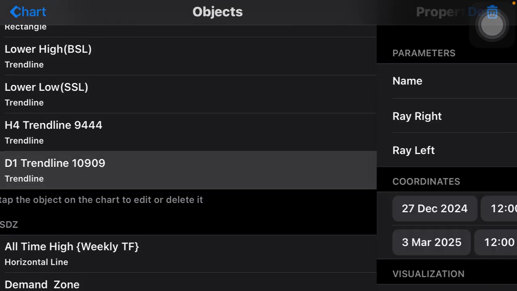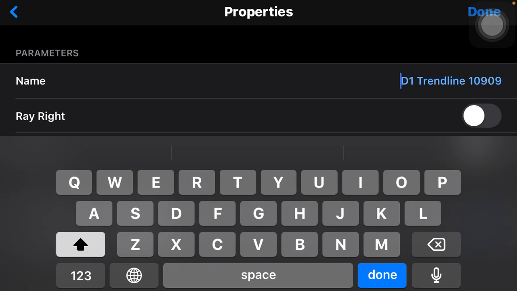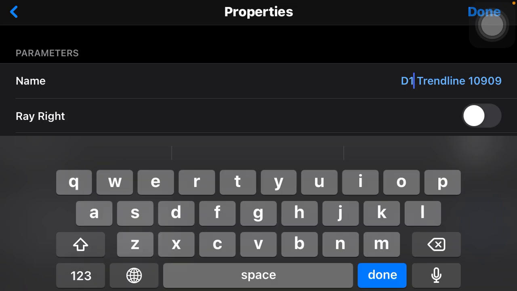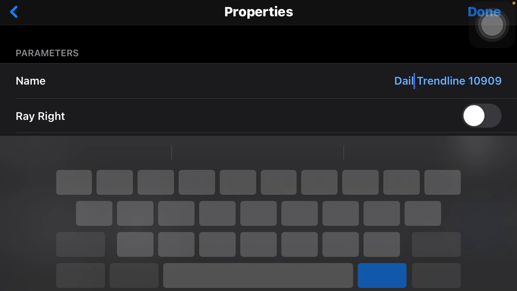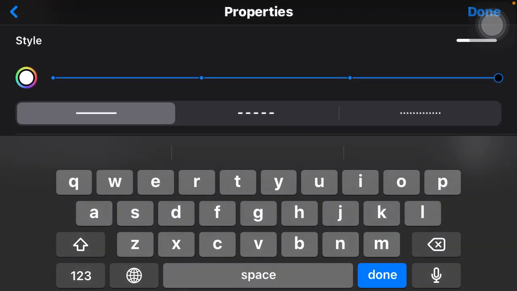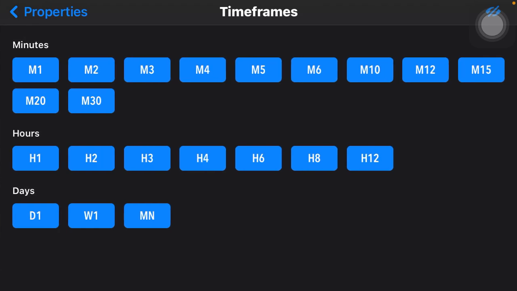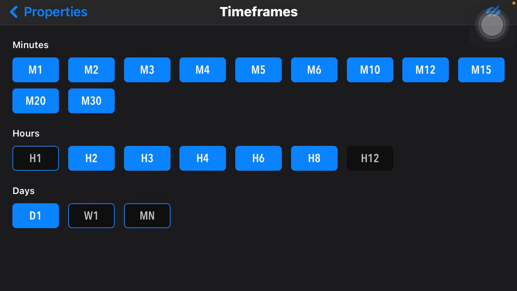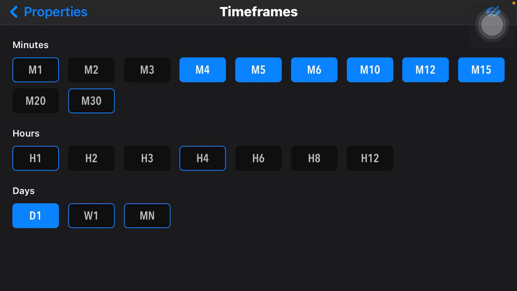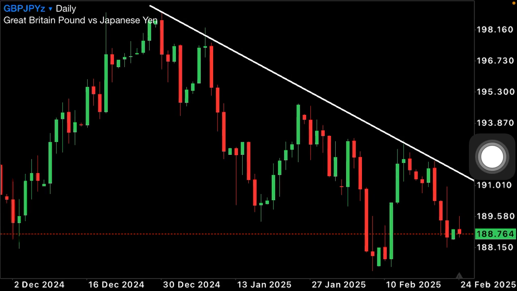my trend line, day one trend line, turn it to daily trend line. I call it daily trend line. Then adjust the time frame it should show on. Do that from here. I want it to show only on daily. It should show only on daily. So we're gonna follow this. Daily, done. So if I go to my 4 hours now,